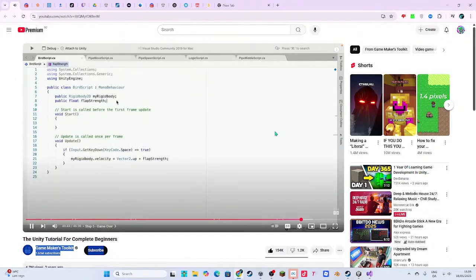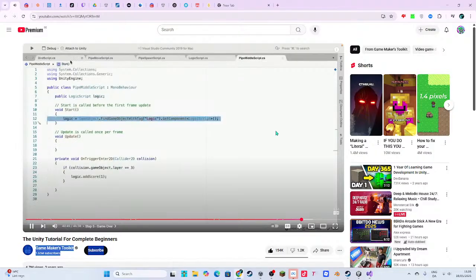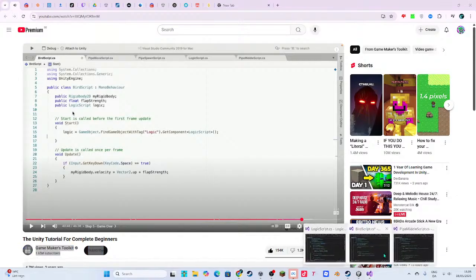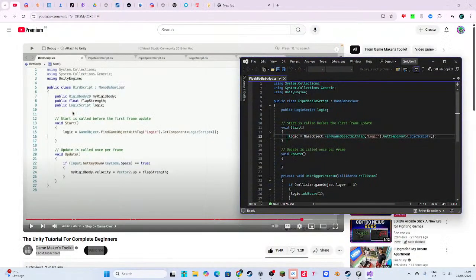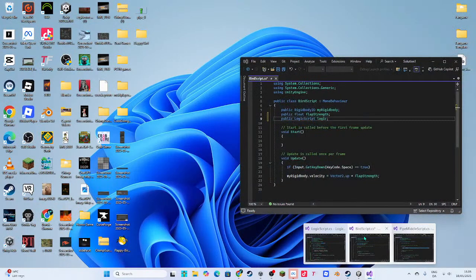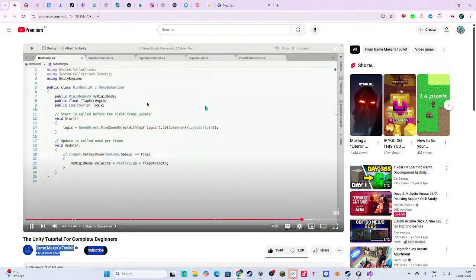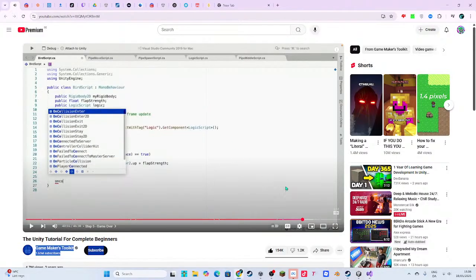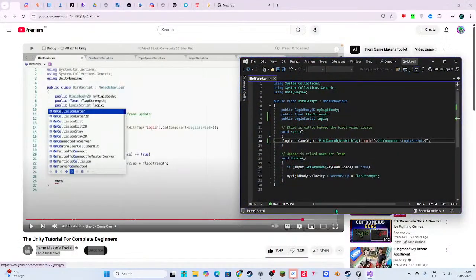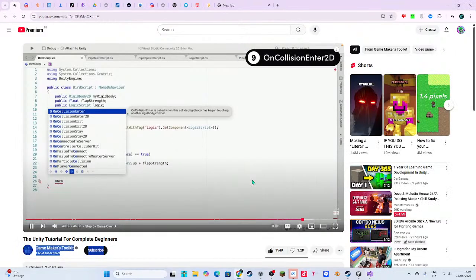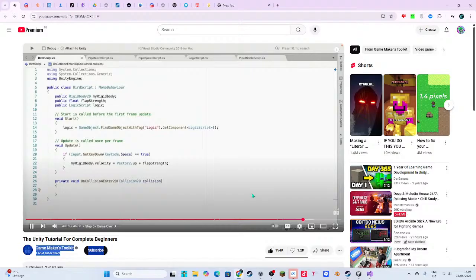Back on the bird script, let's reuse that code from before to access the logic script from the bird script. Yes, we could drag and drop the reference in Unity, but hey, we've written this code now. And then we're going to do a similar thing to the trigger code, but this time we'll use on collision enter 2D, because